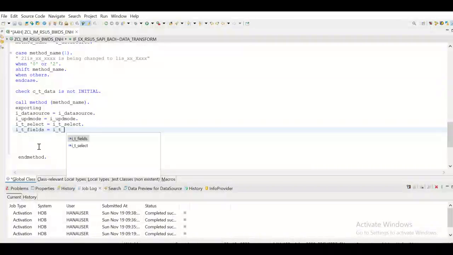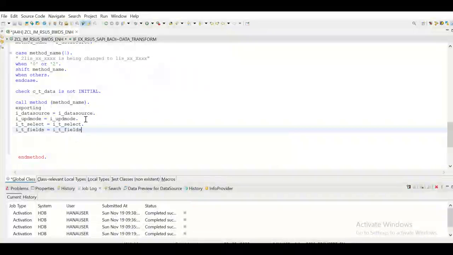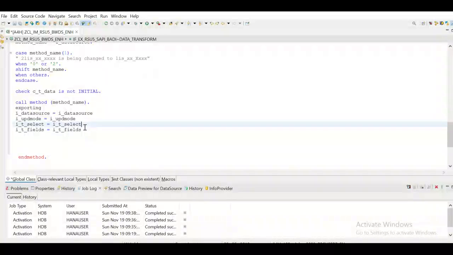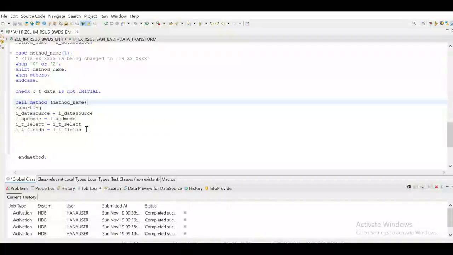So what your I_FIELDS are, your requested fields, right? You don't need full stops here. You're going to export these basically when you are implementing. If you are exporting, that means you're giving it to your method. You can also remove the full stop here. Okay,